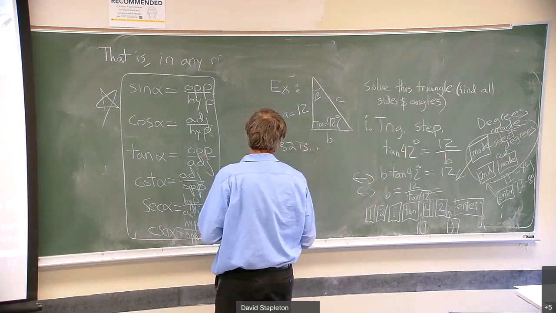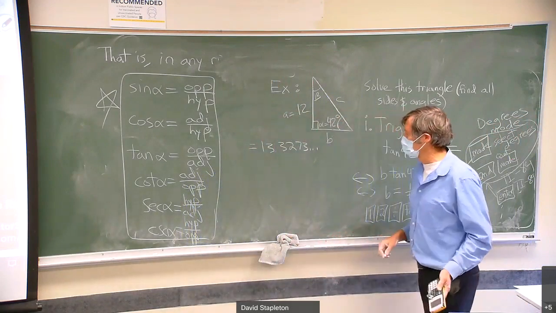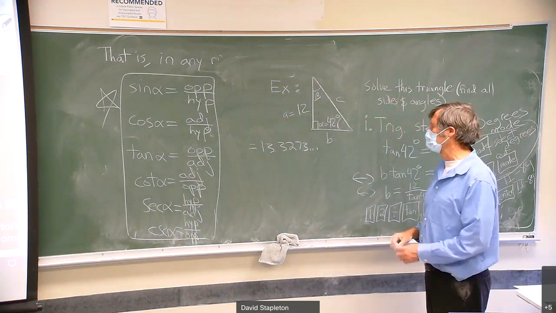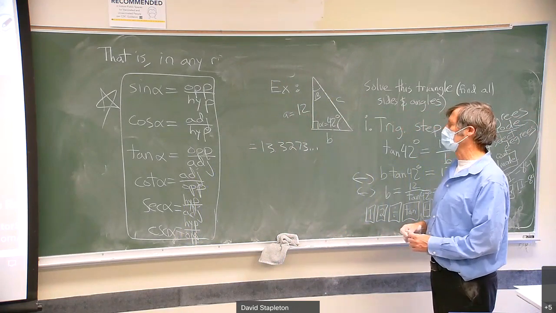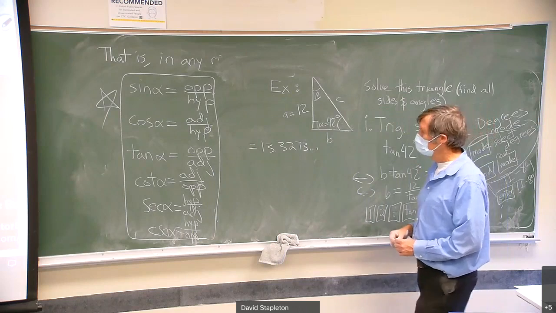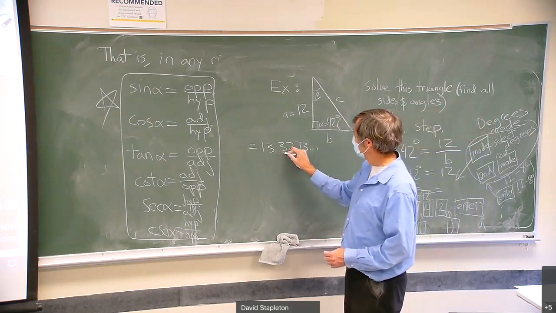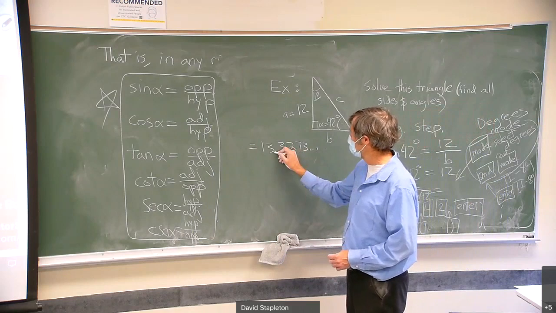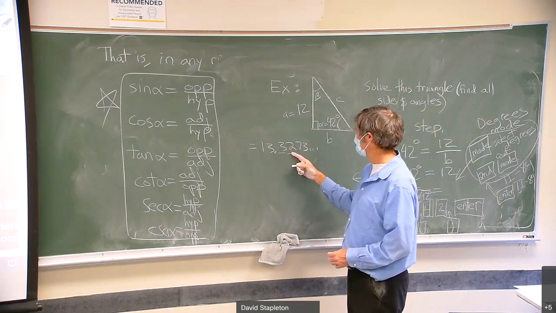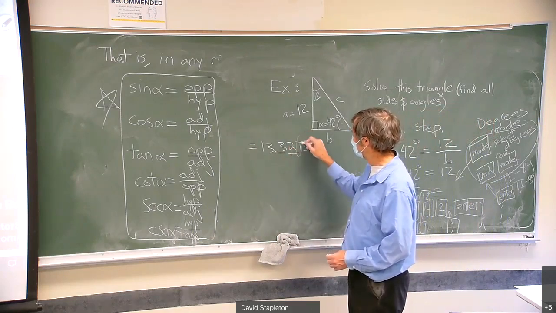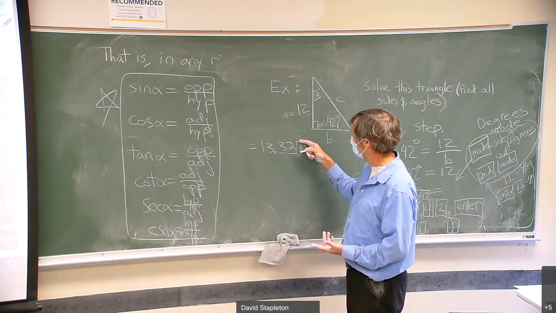13.3273... Now, on a lot of these problems, it says round to so many decimal places. Suppose I said round this one to 2 decimal places. What does that mean? It means take 2 digits right at the decimal point. That's the decimal point, and so I round it right here. And then what happens if this is greater than or equal to 5, and it is, then you round this